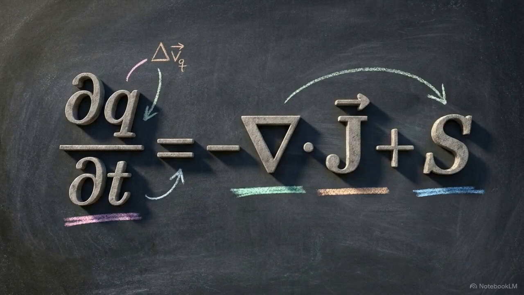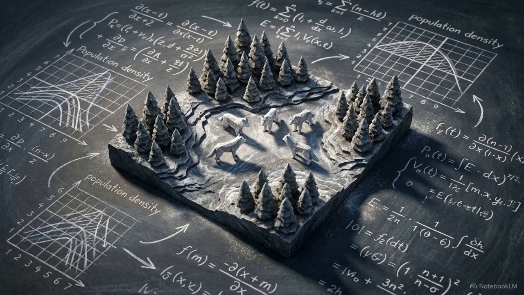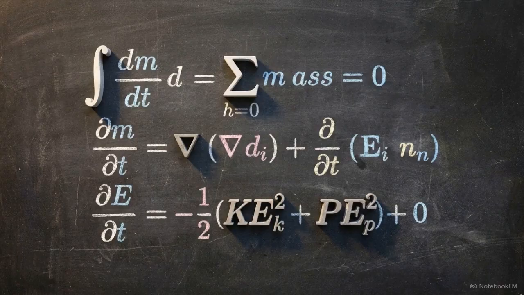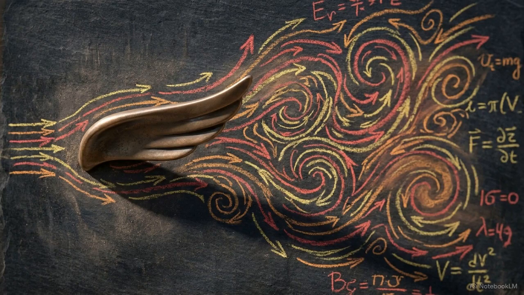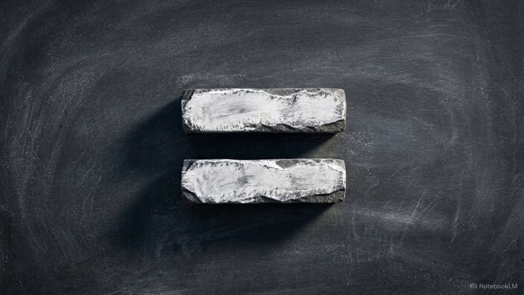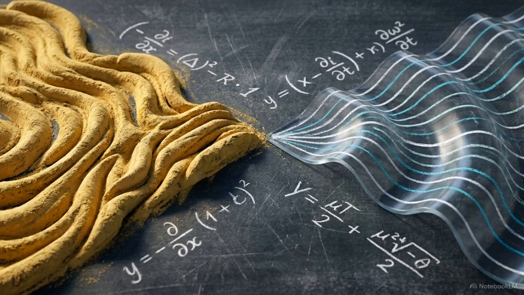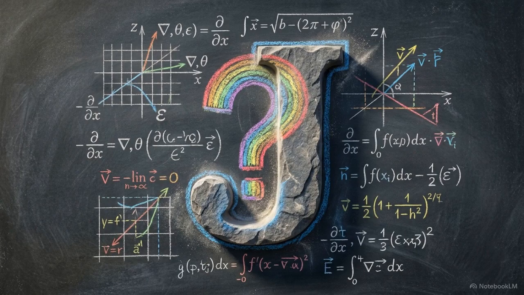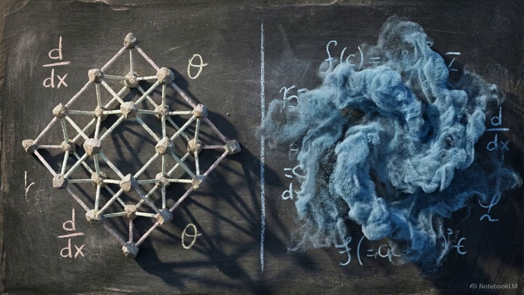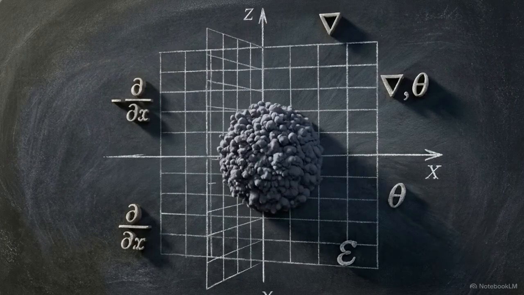This exact mathematical structure tracks biological population densities in ecology, and it forms the basis of Euler's equations for gas dynamics. But a conservation law is a blank slate. It guarantees that our totals balance out, but it tells the computer absolutely nothing about how a specific material actually moves. To tell the model how things move, we define constitutive relations. These relations explicitly define the missing flux term, the J in our equation, based on the specific physical nature of the material. One common behavior is diffusion.